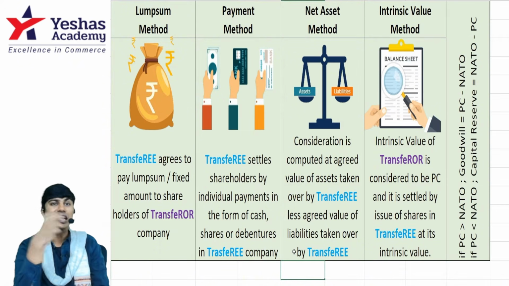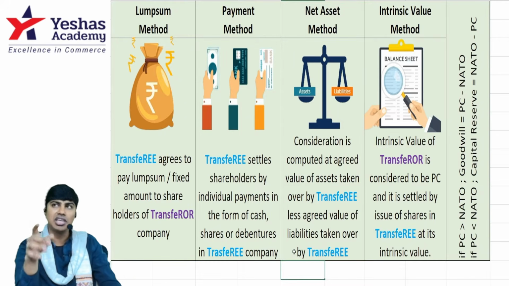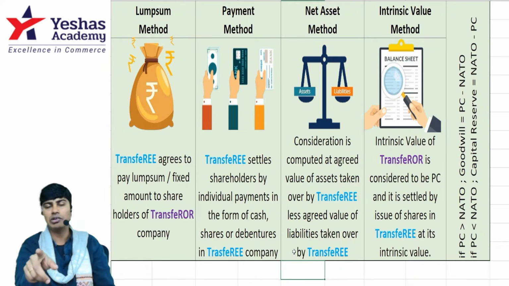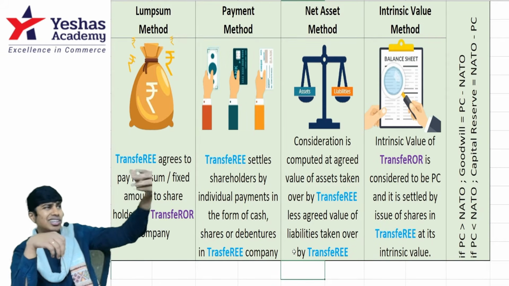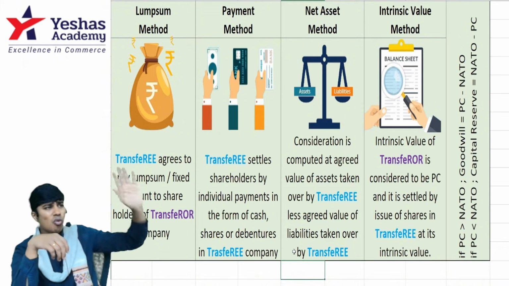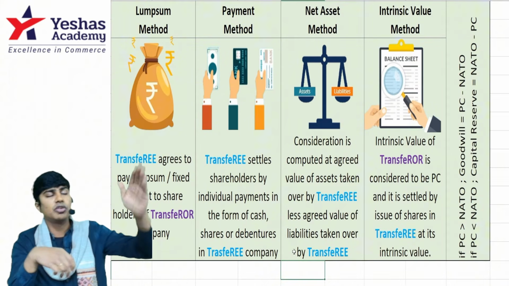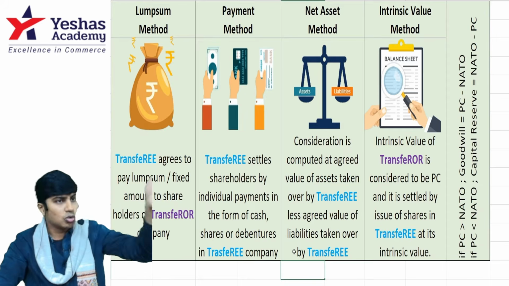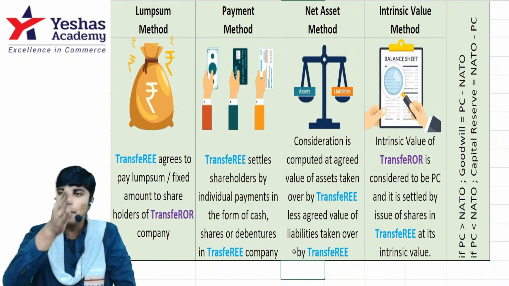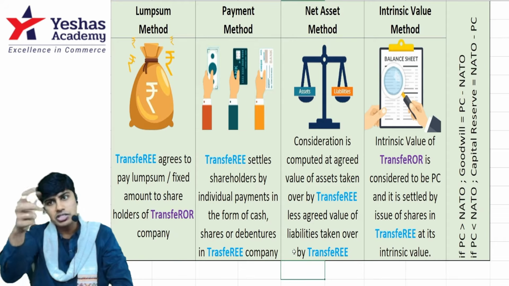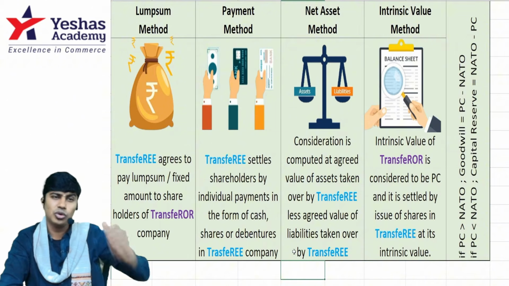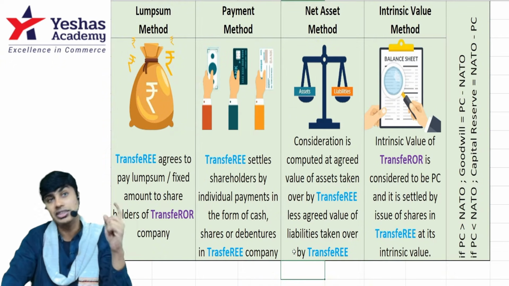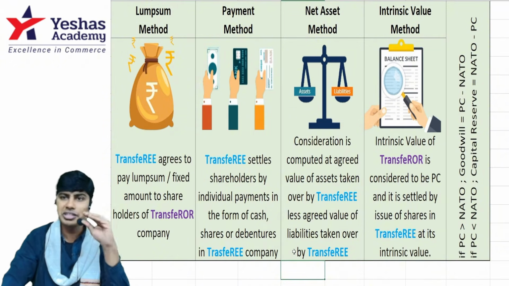Then we have the net asset method. What is the net asset method? Under the net asset method, they will give the assets taken over data at the agreed value. They'll tell you this asset you take over, this is the money I'll pay. This asset I don't want. The asset which is not taken over, you ignore. Whatever assets of the transferor are taken over at whatever agreed price, you add. Whatever liabilities of the transferor are taken over at whatever price, you deduct. So assets taken over at agreed value minus liabilities taken over at agreed value gives you the net assets taken over. This might or might not be PC, but this is the base.